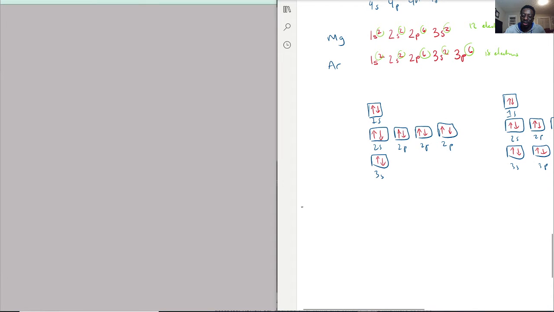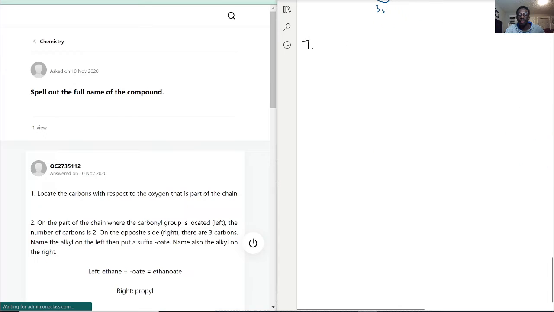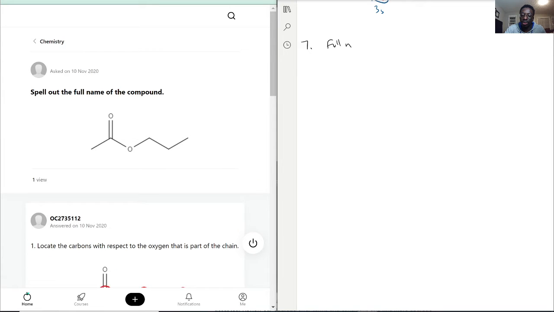We have: spell out the full name of the compound. I would love to, oh, there it is. So, full name of this compound. So we have